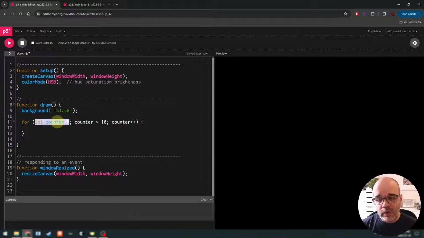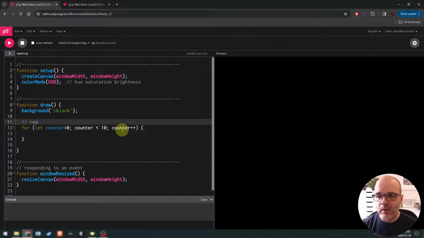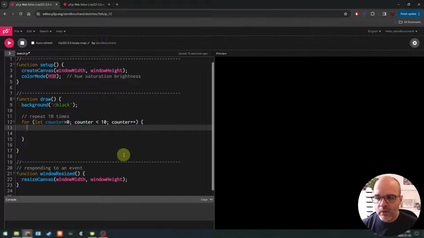First, we declare a variable we're going to be using to count with. Then we set a condition, okay? And then we set counter plus plus to determine the increment. So this loop here is going to repeat 10 times. So inside the loop, we might want to say, okay, we're going to draw